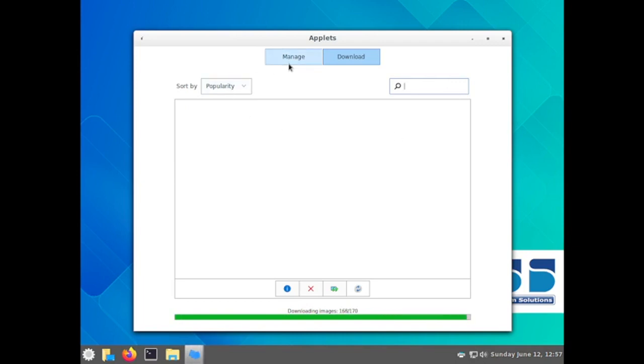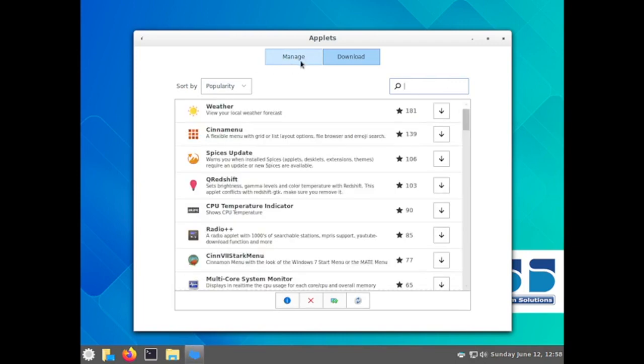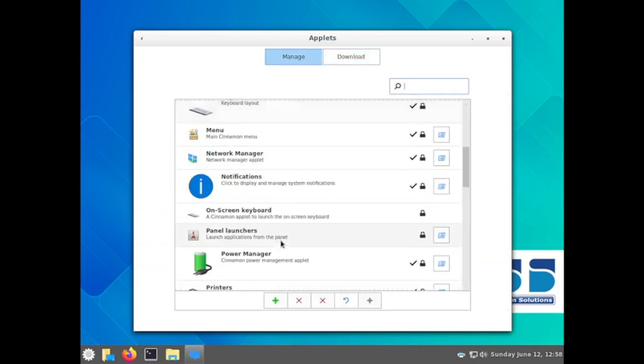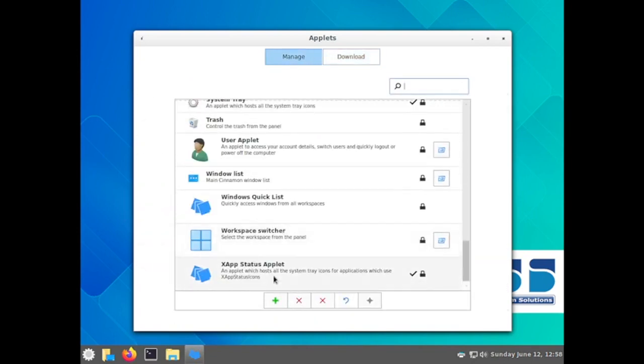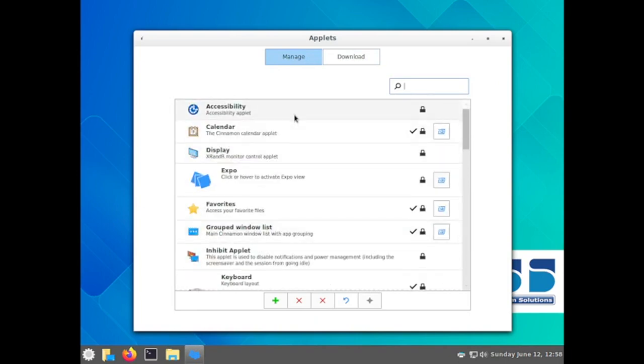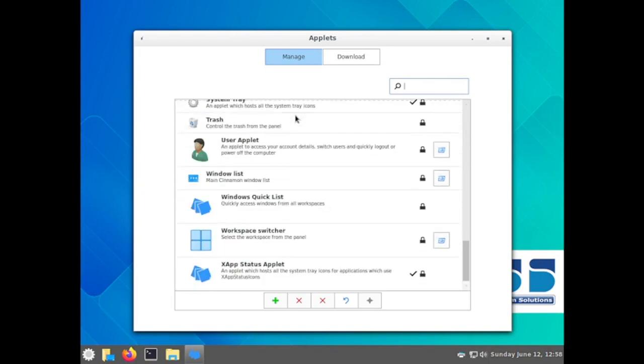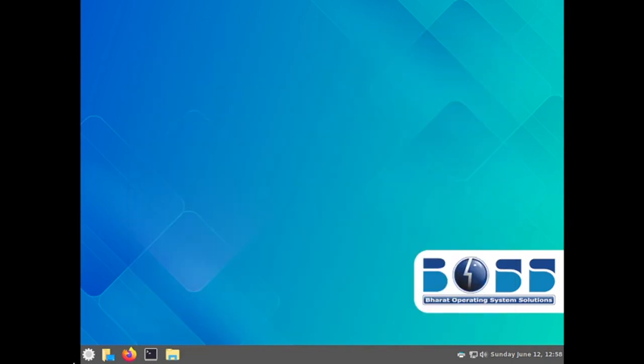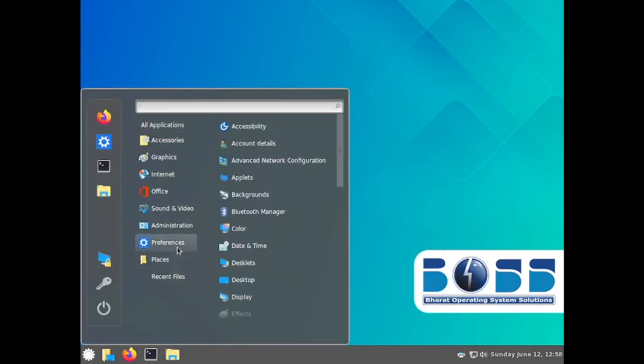Applets applied to the desktop are called desklets. So you can select and install any of the applets given here. You can see my earlier videos of Cinnamon desktop. You will get how to use the applets app. I will not do it again because it is boring to do the same thing again and again. Now